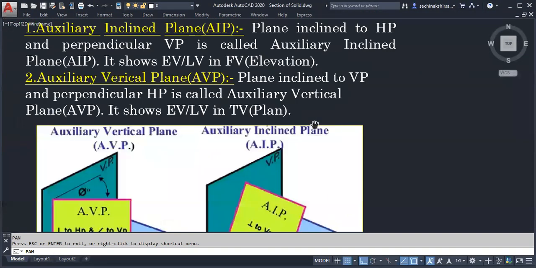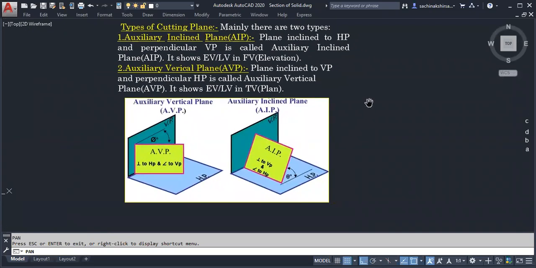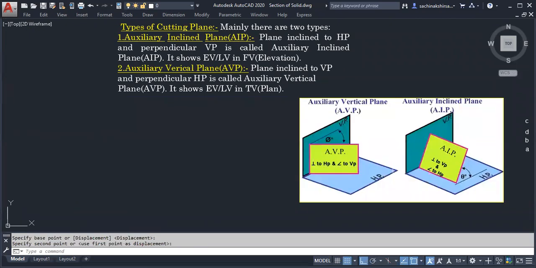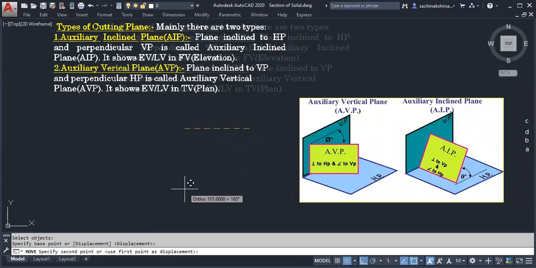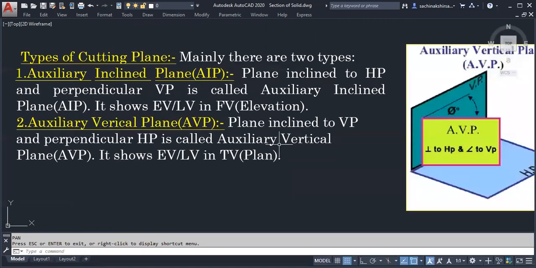Next one. This slide is most important from this chapter. Types of cutting plane. This is most important. For your information, I will keep it somewhere here. Which types of planes are you observing on the screen?